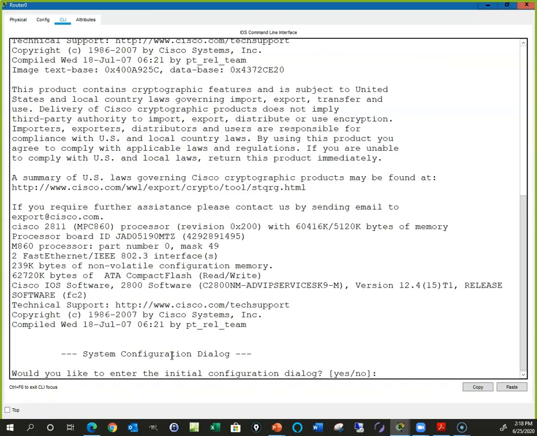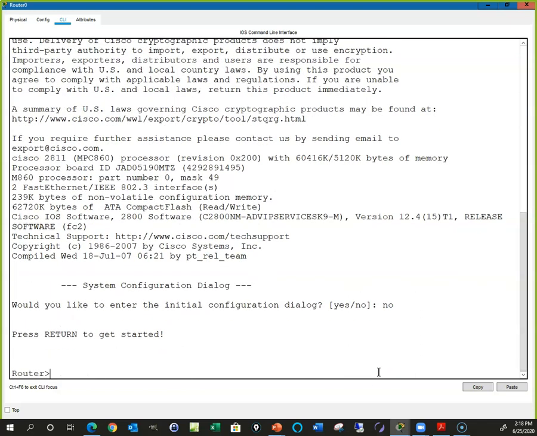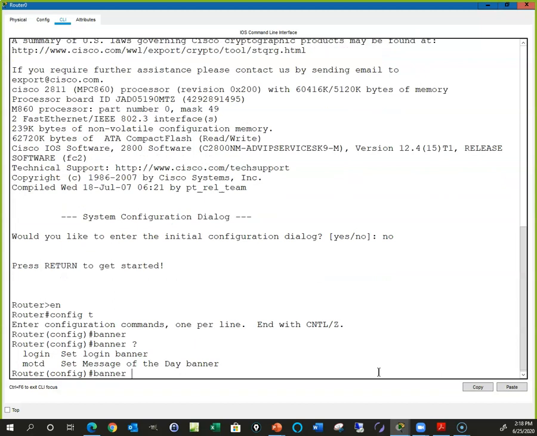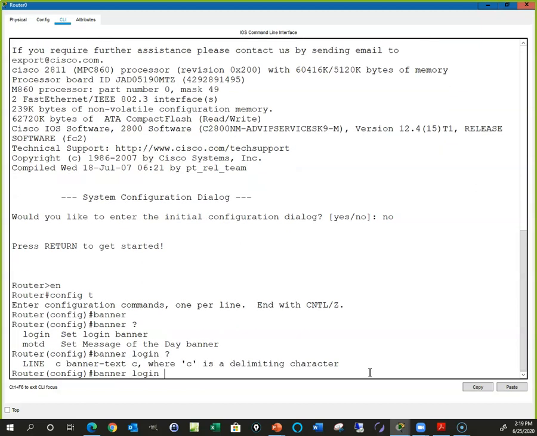And again, here we're going in, and this has got the correct one, and we'll say no here. We'll say enable, config t. And then let's do banner, and there are actually message of the day and login are the only ones that I can do in Packet Tracer. There's also an exec banner that is designed to give information to authorized users once they get to privileged exec mode. But if we want to configure this thing, and we'll do both of them, banner login, and then it says